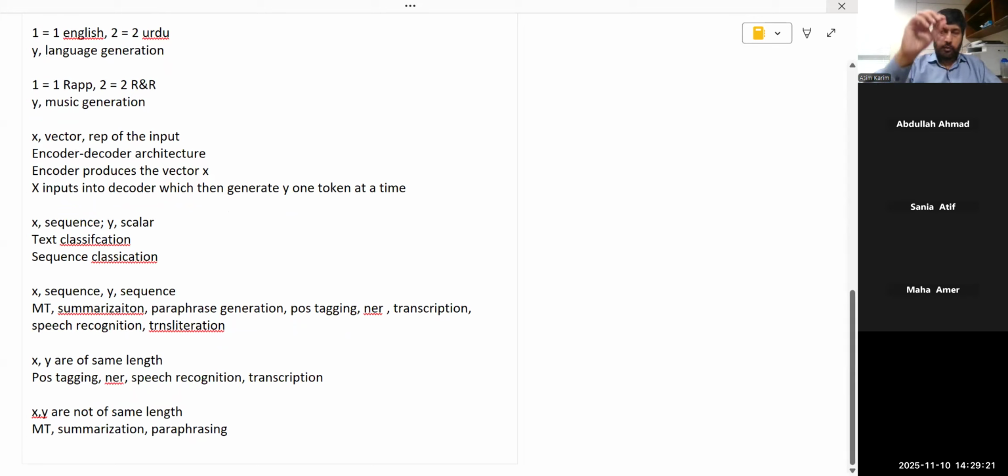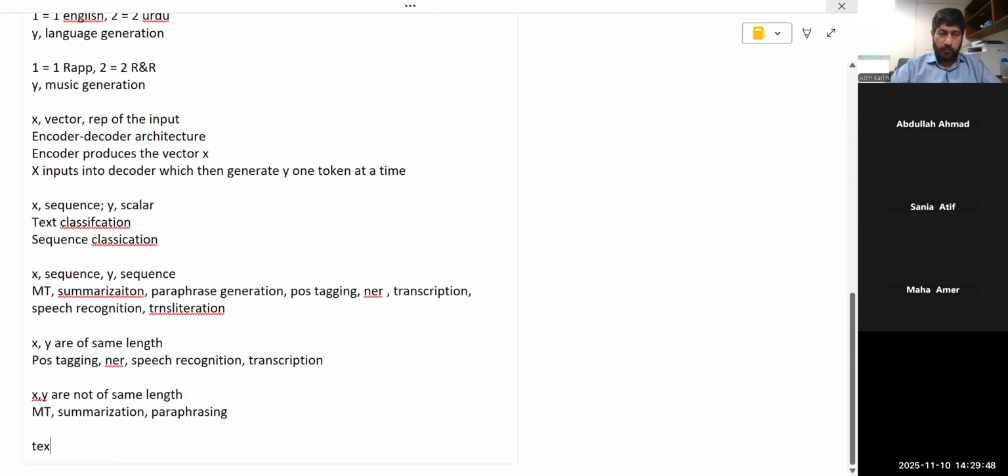So this framework that I mentioned, where you look at the input and you look at the output and see whether the input is scalar, vector, or sequence, and you look at the output whether it's scalar, vector, or sequence, you can categorize various NLP applications and put them in one or more of these categories. ठीक है? So, जैसे टेक्स्ट क्लासिफिकेशन की हमने बात की, फॉर एग्जांपल।